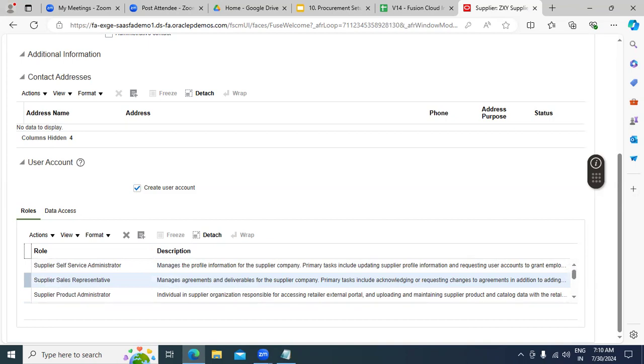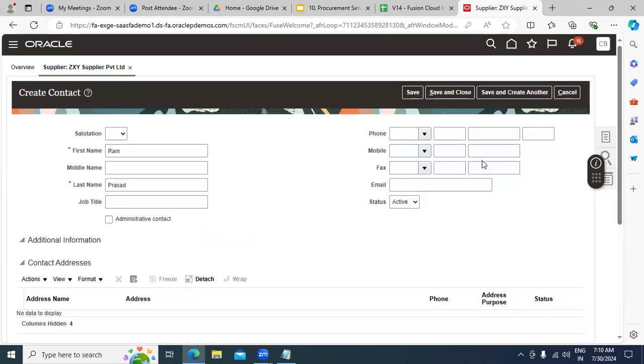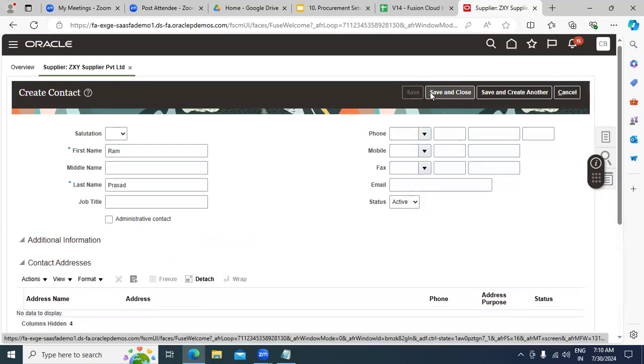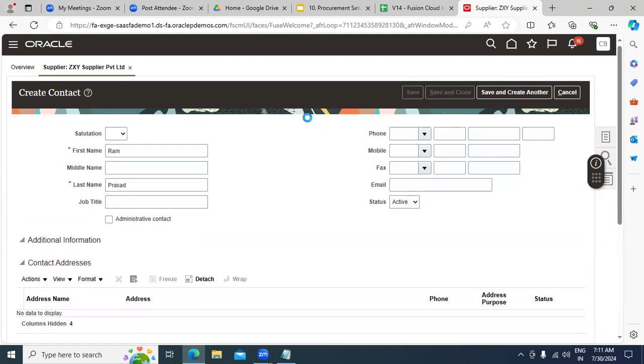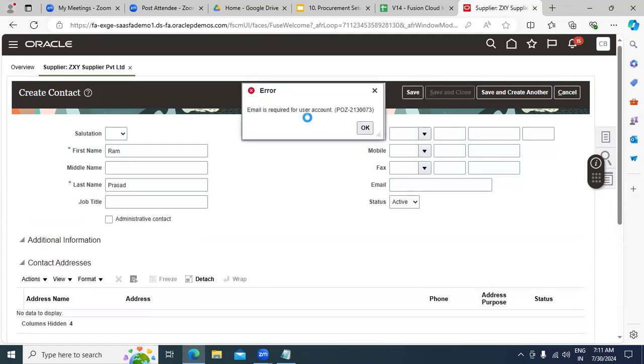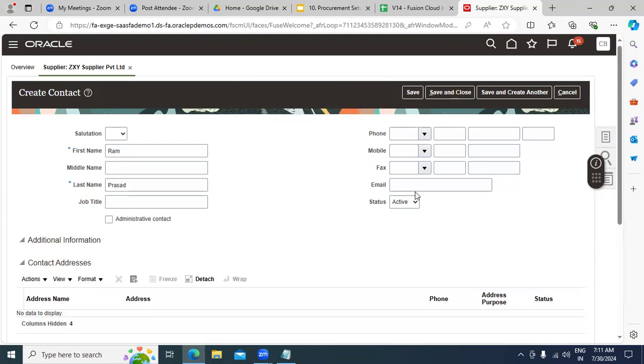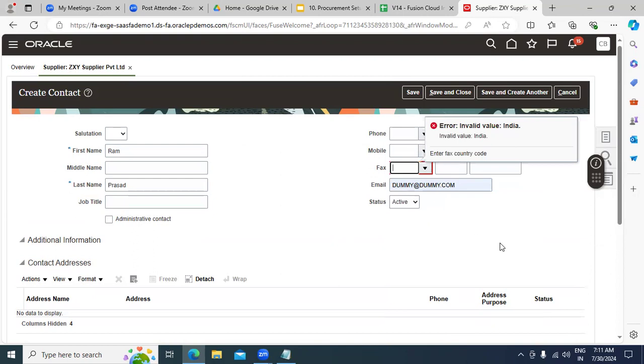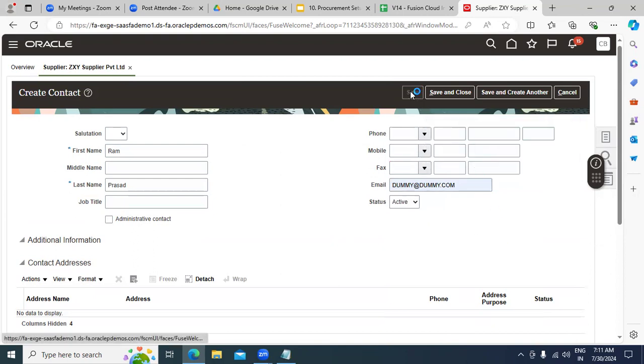Do remember that. So once the details have been supplied by you, click on the save button, and save and close. What it will do is create the contact details in the system for you. Oh sorry, I forgot the email address. So just for the time being, I'll give a dummy address. I removed the fax here. Okay, click on save. So it will save my details. And save and close. So what has happened is my supplier has been